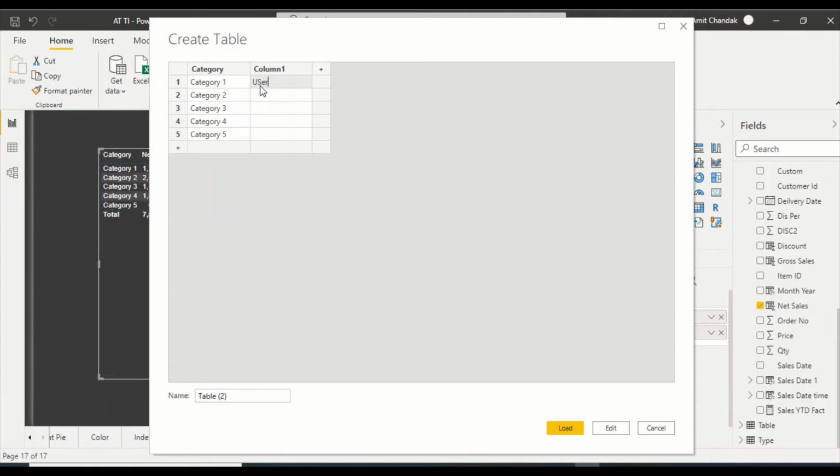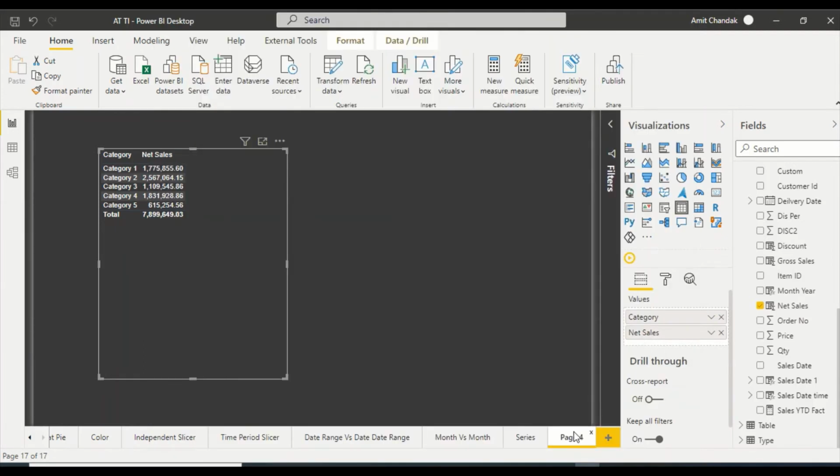So I'll say it is user 1. I'm defining different owners for that. User 1, and let me copy the user and keep on adding that. User 2, user 3, user 4, user 5. Okay, and let me call it cat security table, category security table, and let me say load.